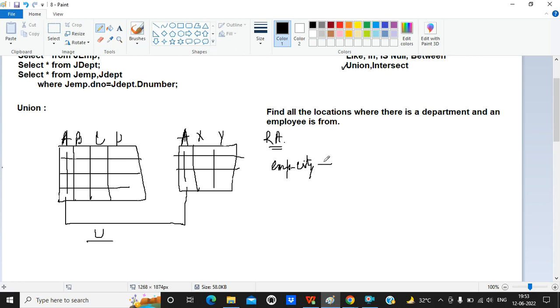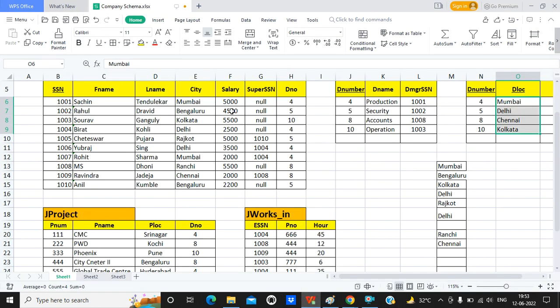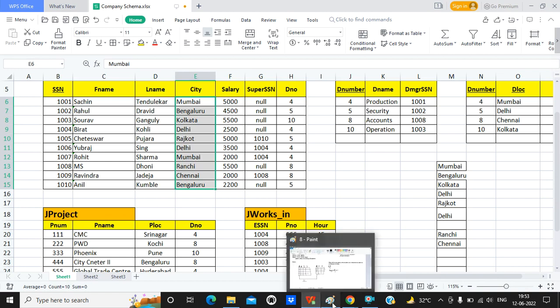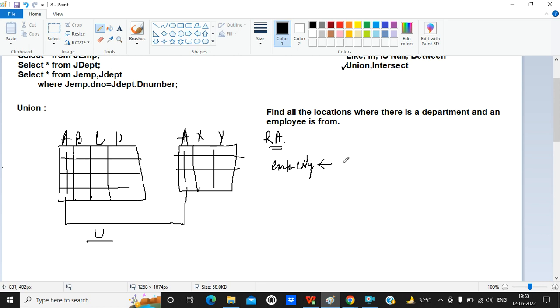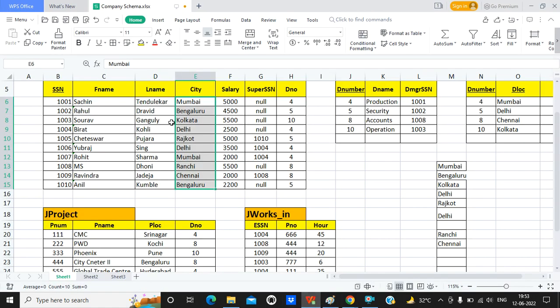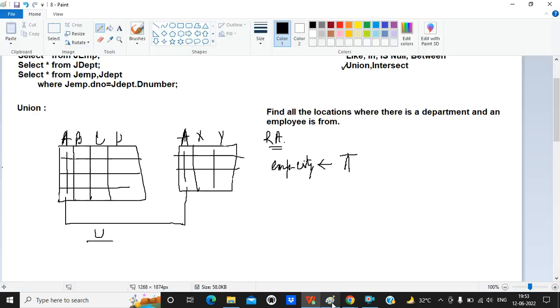So what will be the relational algebra for getting this column only? From the JEMP table, we have to use the pi operator now because we are fetching vertically. When we are fetching an attribute, we have to use the pi. So pi city,